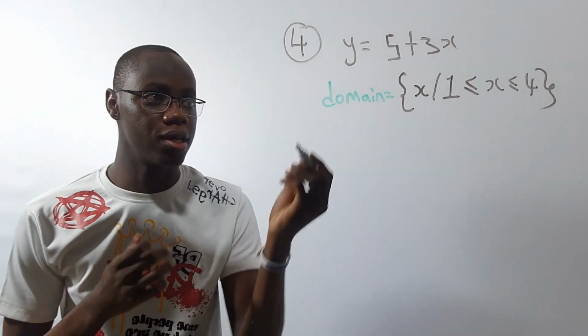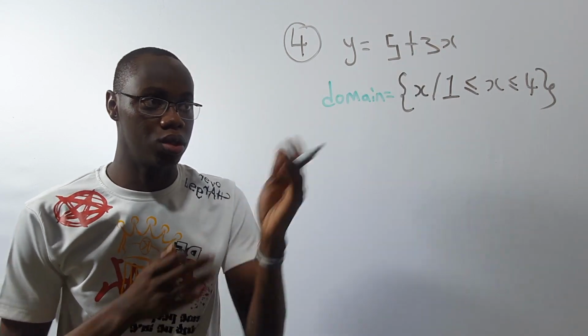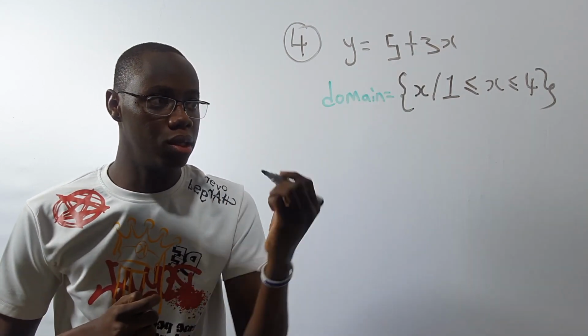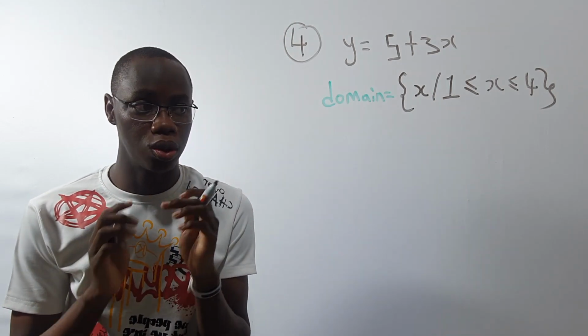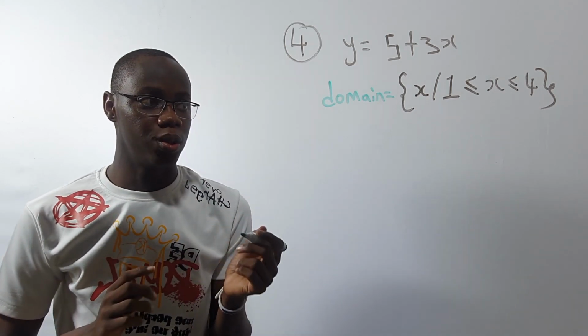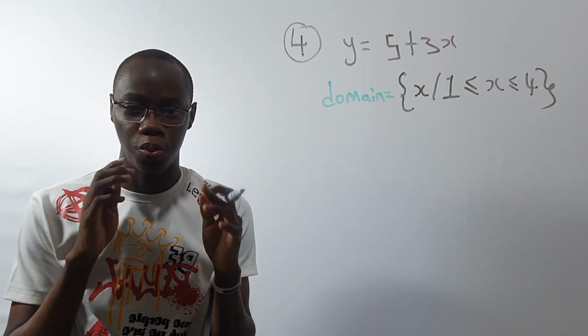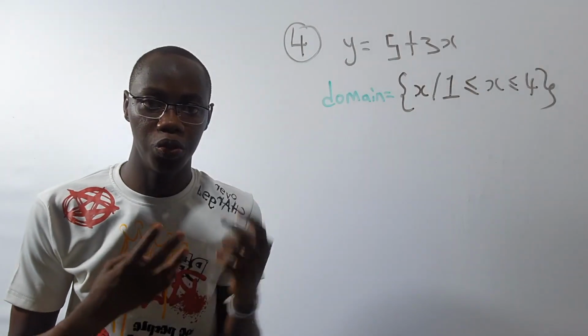Very easy. So here's another beautiful question. It says, y is equal to 5 plus 3x. So this is the function or the equation, and the domain. See, you can see they are giving us the domain, not like the first question. The first question, we have to figure out where the domain was ourselves. So these are our past questions, so make sure you watch this video again and again to get perfect with it. Now they are giving us the domain, which is the easiest part.